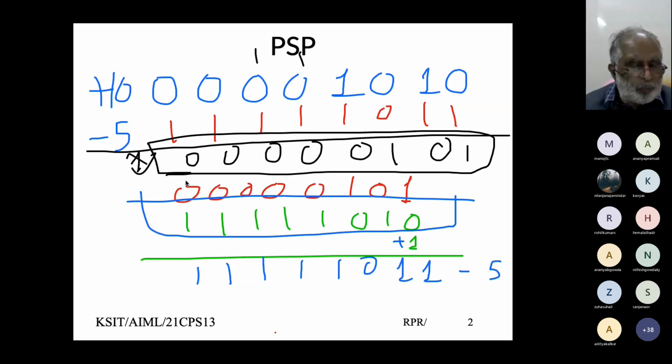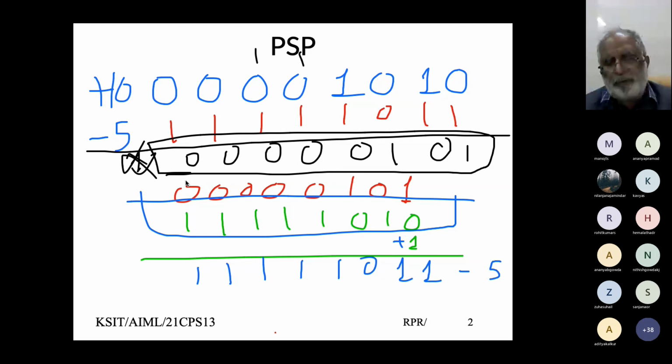So 2's complement gives you a basic property that for negative numbers, we do not have to treat them separately. Whether we had negative or positive numbers, whether we had two negative numbers, whether we had two positive numbers, we automatically get the answer when we ignore the carry. And that is the reason in our computer programming, all basic integer arithmetic is done by using what is called 2's complement.